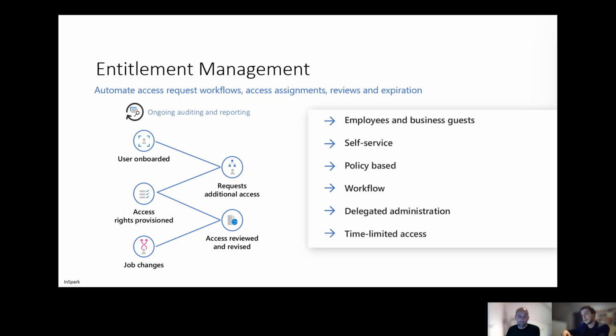So you can say, let's review that after a month. And once that month has expired and I don't respond to my renewal, the access to Visio is removed and I'm removed from the license. So also from that point of view, it can bring you cost savings. So it's not only making sure that the right access is applied and people don't have too much access for the work they need to do, but also making sure that you can apply some cost savings.